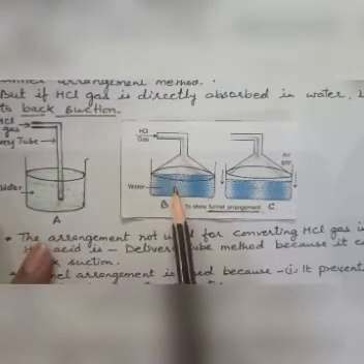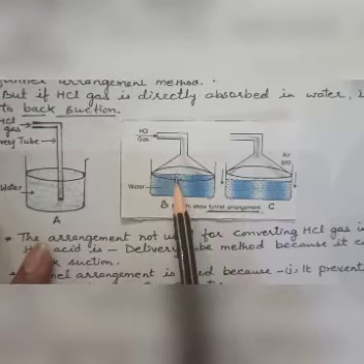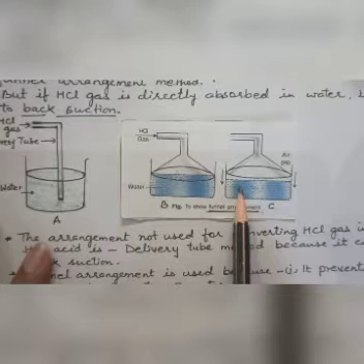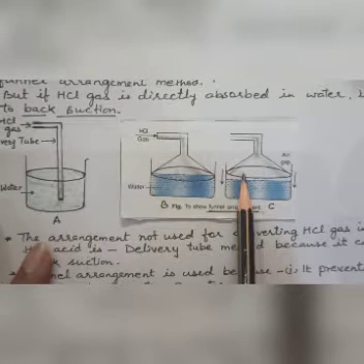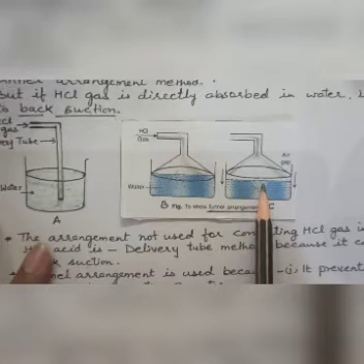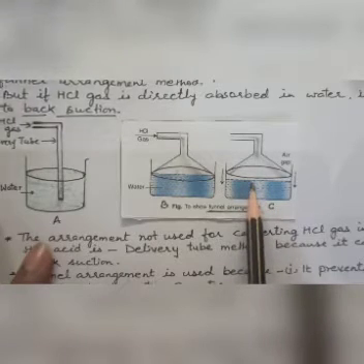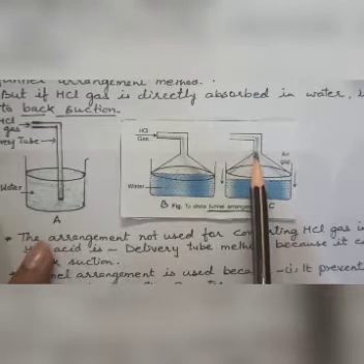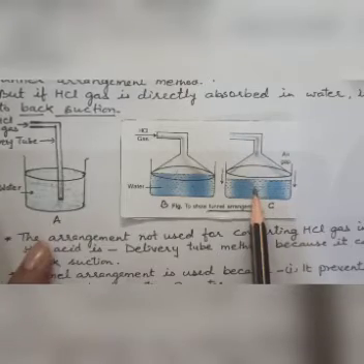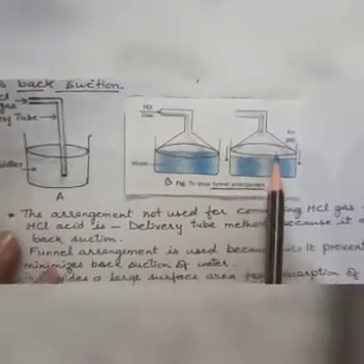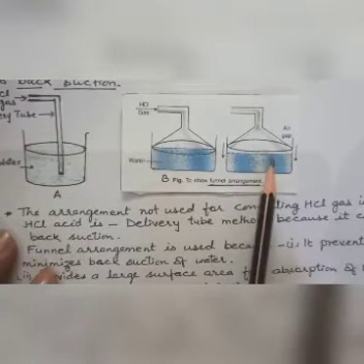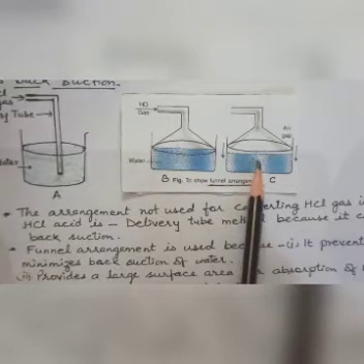Now this time also back suction occurs, due to which the water rises up in the funnel, and in turn the level outside the funnel falls, creating an air gap between the rim of the funnel and the surface of water. Now the pressure outside and inside becomes equal, and the water which had risen in the funnel, again what happens? It falls down. And now this process will continue till the water in the trough is saturated with hydrogen chloride gas, resulting in the formation of hydrochloric acid.